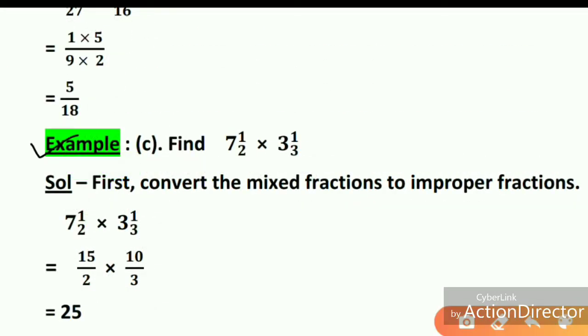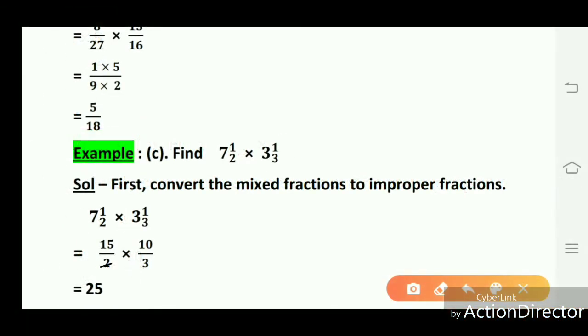Example number C, find 7 whole 1 upon 2 multiplied by 3 whole 1 upon 3. So first we convert the mixed fractions into improper fractions. So 7 whole 1 upon 2 converts into 15 upon 2: 2 7s are 14 plus 1 is 15, 15 upon 2. Then 3 whole 1 upon 3 converts into 10 upon 3, because 3 3s are 9 plus 1 is 10, 10 upon 3. And when we multiply these both numbers